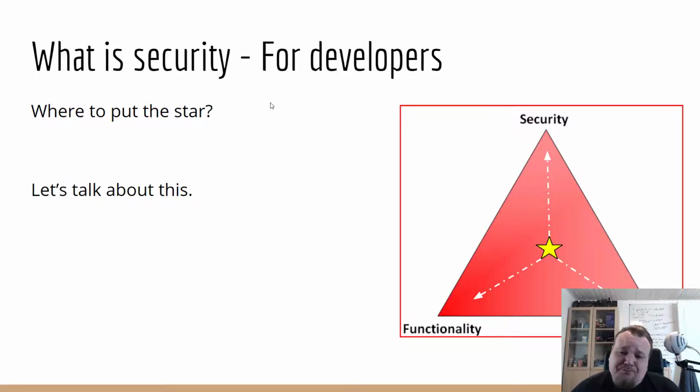Let me explain this to you. If the star is all the way up at security, it basically means that your application is very secure, but it's very hard to use because the functionality is really restricted and the ease of use is really bad. I'm not saying it couldn't work, but many users might even quit in anger because it's so difficult to use. So I wouldn't necessarily place the star at the top of security just for the sake of better security.